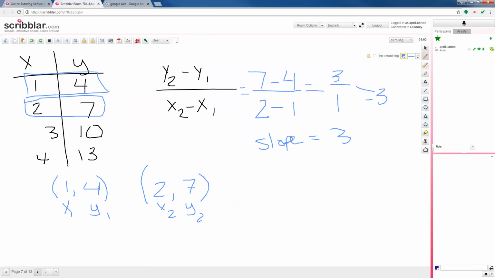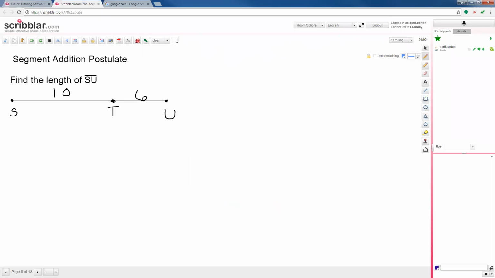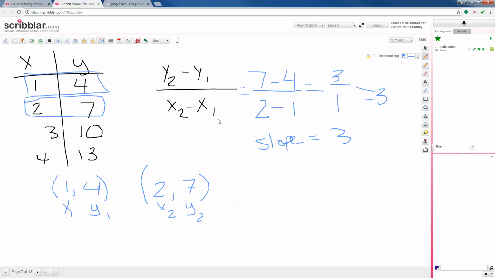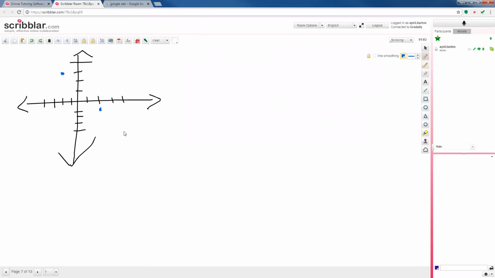The last thing it can apply to is a line. Oh, I keep forgetting that I don't actually have an extra page. So they can give you a graph with an actual line on it and asks what is the slope of this line, or what is the rate of change of this line. Sorry, it takes a little bit to draw a picture.